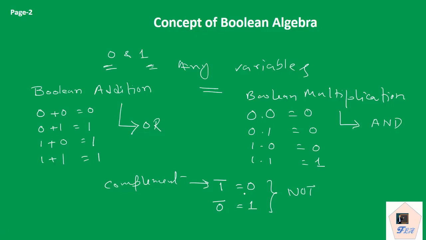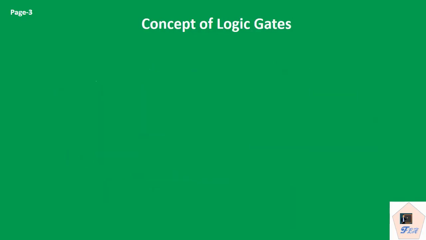Now Boolean operations are implemented through digital circuits. The entire digital electronics and today's modern devices, starting from your mobile phone, television, internet, computer, are all digital devices, and all of these digital devices have a number of logic gates. So what are these logic gates and why are they used? Boolean operations are implemented